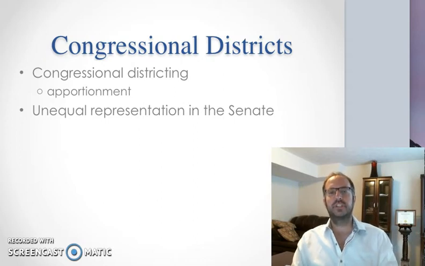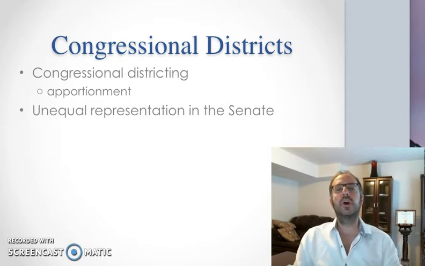I want to change the subject a little bit here to talk about congressional elections. In America, we have what are called single-member districts, which means that each congressional district elects one member to serve in Congress. The alternative would be the multi-member districts that are favored in many Western European democracies, where multiple members are elected to represent each district, and seats are divided based on the proportion of the vote that the party